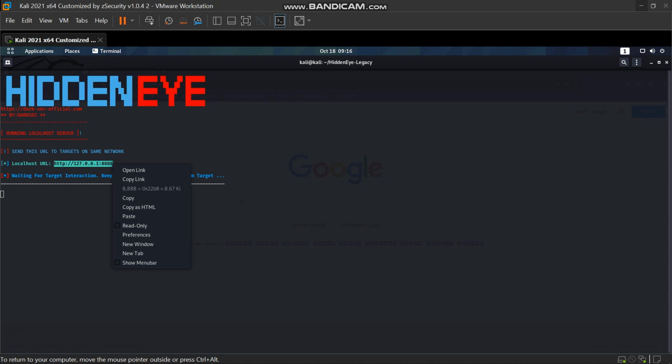And remember, there are 65,535 ports available in your computer system, so I can choose any port. I can choose 8888 and hit enter, and then choose 0 for localhost. The localhost URL is this. Simply copy the URL and send it to the victim.